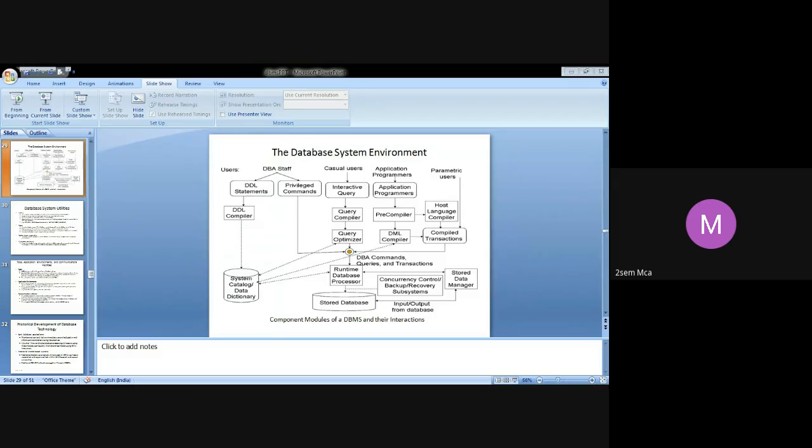Another important function that one of the utilities has to provide is database storage reorganization. There may always be a need to reorganize a set of database files. Why do you have to reorganize it? Maybe I want some better performance. Maybe I want to increase the speed. Maybe I want a good response time. Once I give the query as a user, I want the responses quite fast.